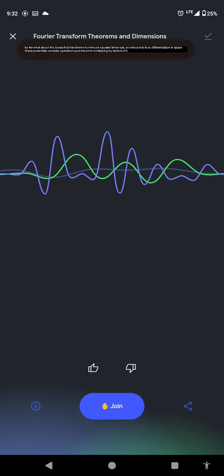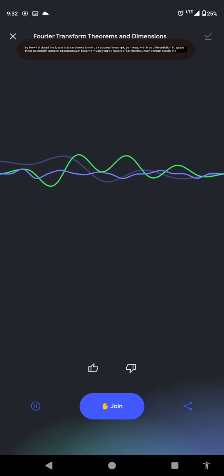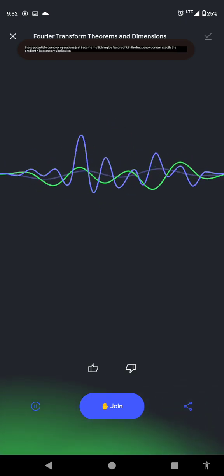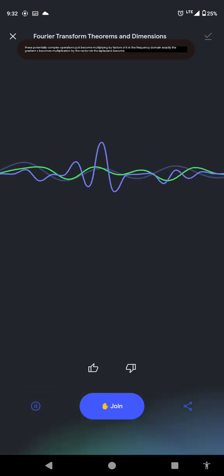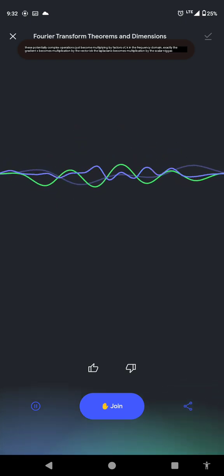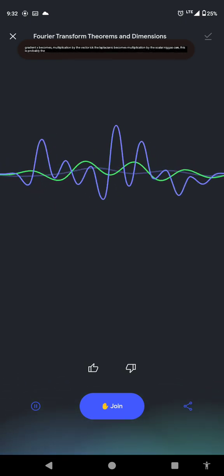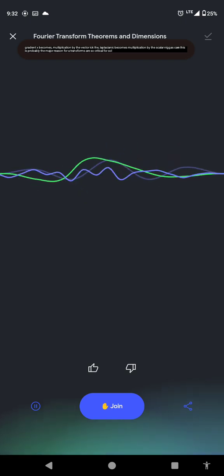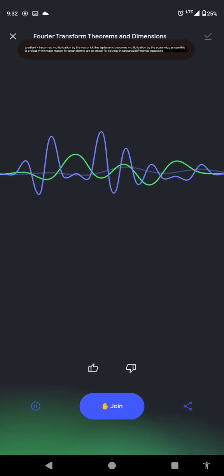Exactly. The gradient becomes multiplication by the vector ik. The Laplacian becomes multiplication by the scalar minus k squared. This is probably the major reason Fourier transforms are so critical for solving linear partial differential equations. You transform the whole equation, differential